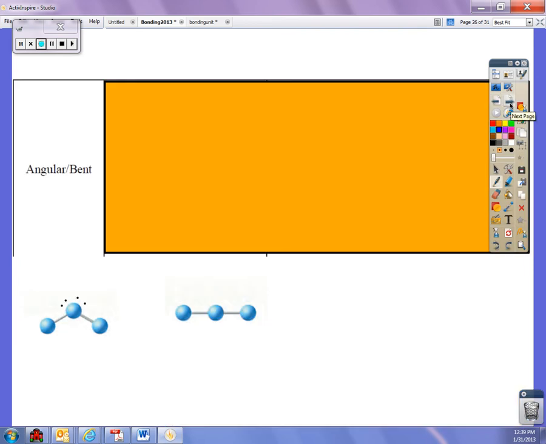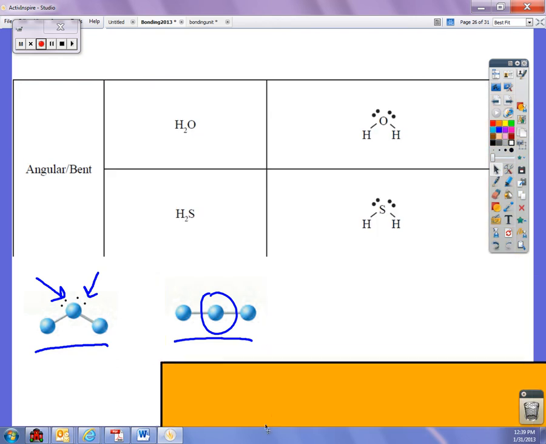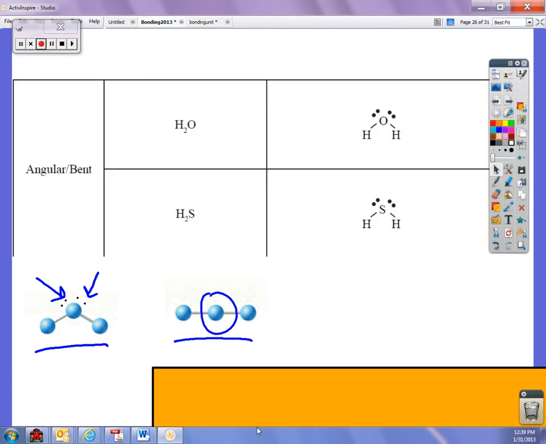The next one is angular bent. I usually just refer to it as bent. Here I have linear. We can compare the two. What is the difference? Well, I happen to see electron pairs around the central atom here, but not here. So what can we say about angular and bent? If you said polar, you're correct. Two examples would be,